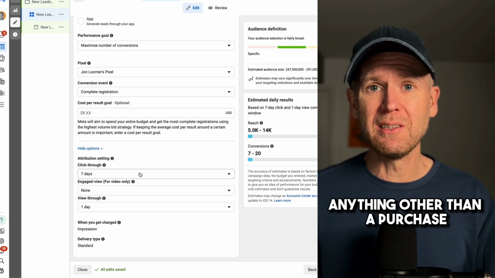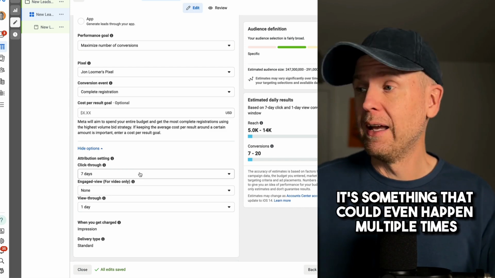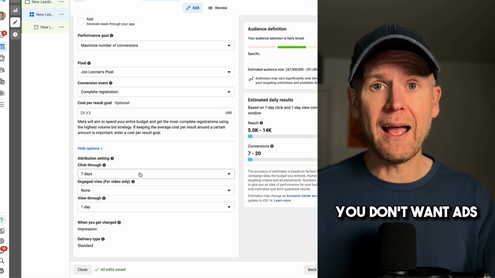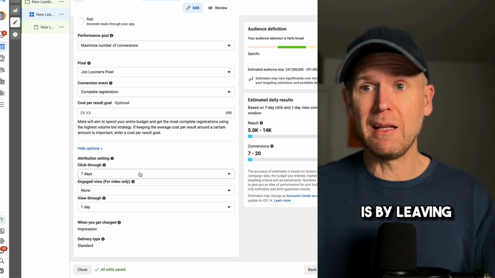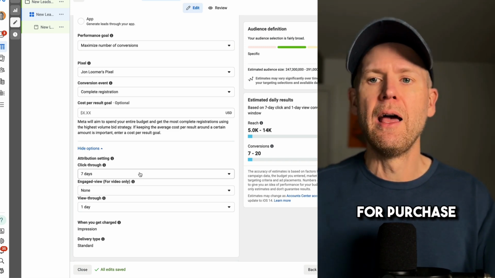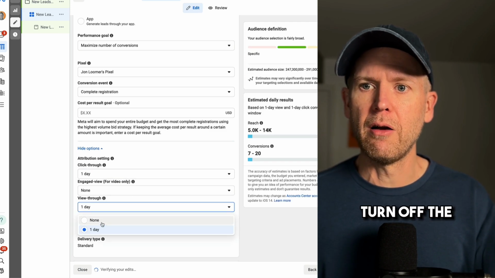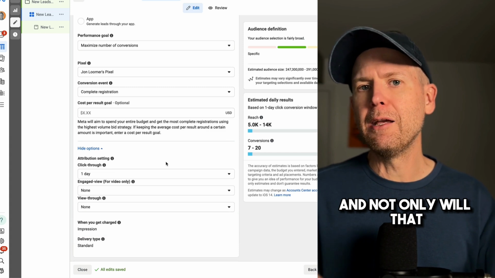Anything other than a purchase where it's a quick, easy decision, it's free, it's something that could even happen multiple times potentially. You don't want Ads Manager inflating your results. One way that happens is by leaving 7-day click, 1-day view on, which makes sense for purchase, not for anything else. Change it to 1-day click, turn off the view through conversion,